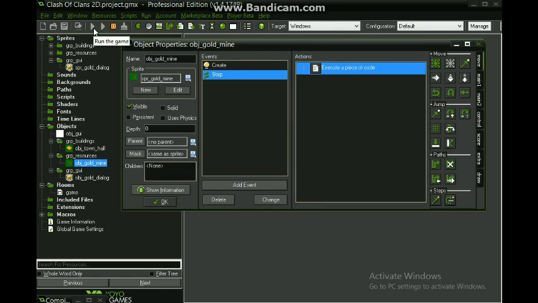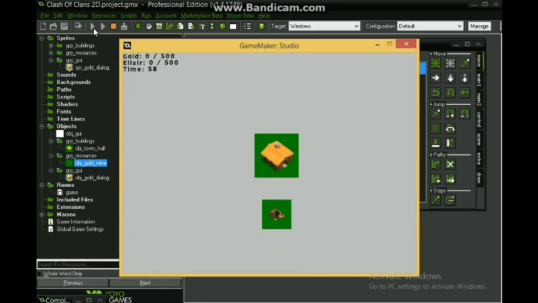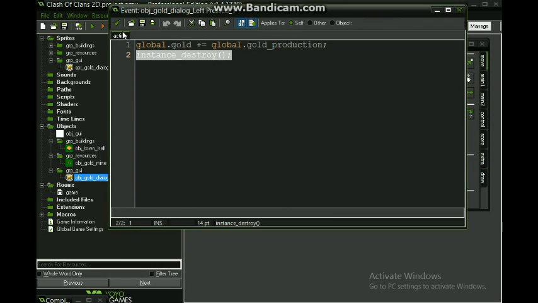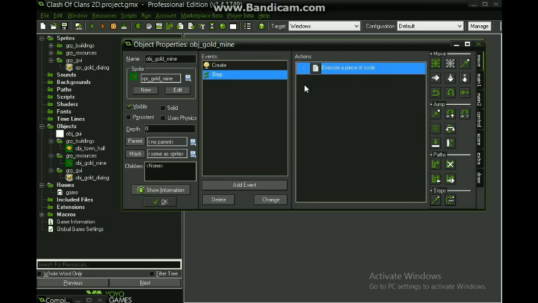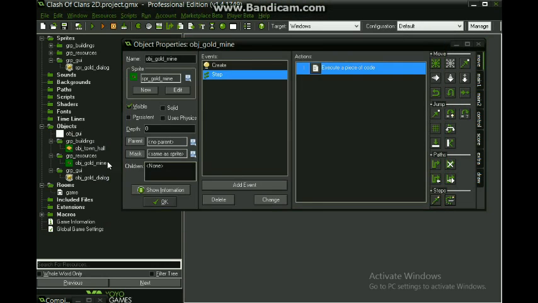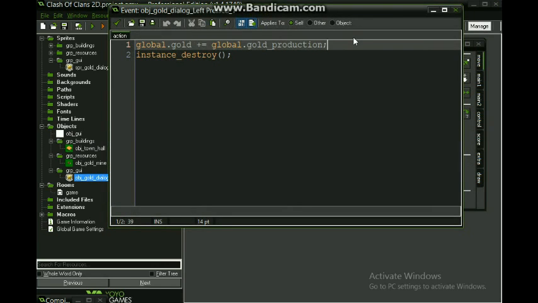Here it should be plus equals 1, and the gold dialog is just still appearing. I'm still pressing the left button. It says 42, so we had a bug. It says instance destroy, but the gold production is still there.